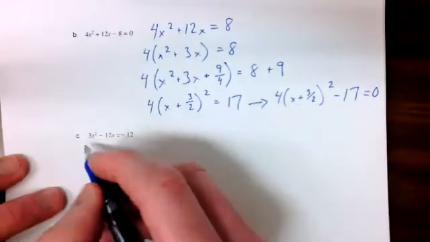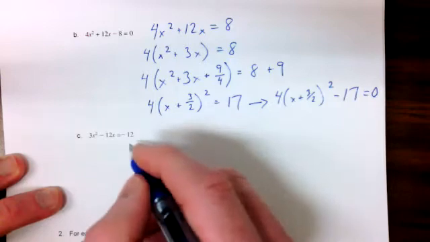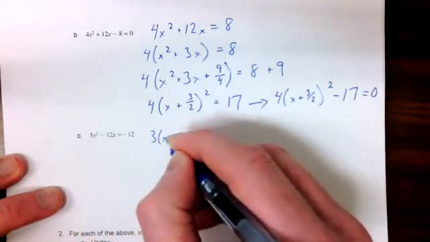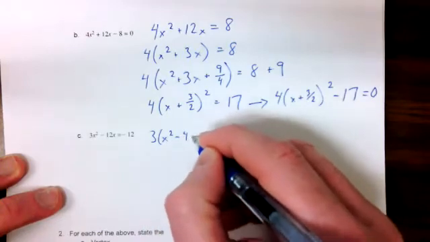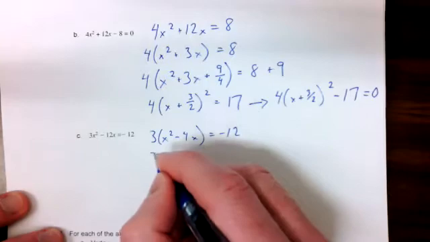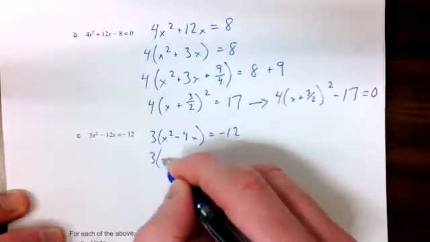Part C. That negative 12 is over there. I'll just leave it over there. I don't care. Stay over there, negative 12. But I'm going to take the 3 out. 3(x squared minus 4x) equals negative 12. Is this exact same as the one above? No, similar though. 3 times x squared